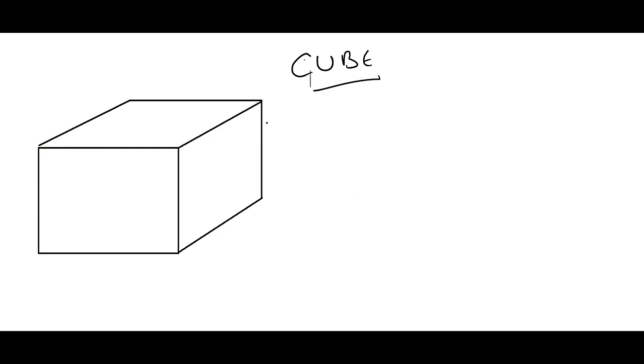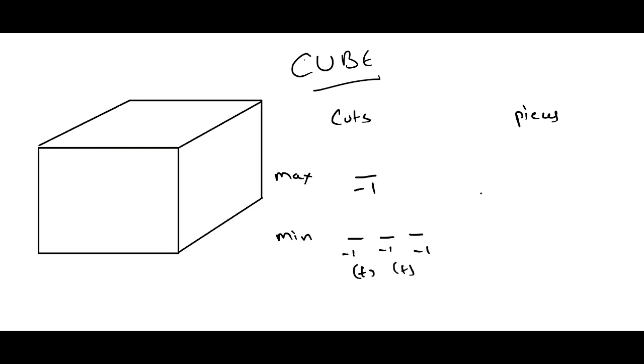For cuts and pieces, both of them have two aspects, that is maximum and minimum cuts and pieces. To have maximum cuts, given the pieces, we have to keep them in one direction and make -1. For minimum cuts, we have to equally divide all the pieces. If it is not a perfect cube, we'll factorize it. We'll make 3 factors which are almost equal. After making the factors, we'll make -1, because from pieces we have to go to cuts, and then we will add the number of cuts, and we'll have the total number of minimum cuts.